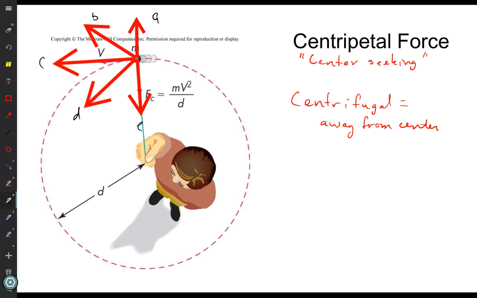So if you are actually going to stay on the truck, you're going to have something that pulls you in the direction that the truck turned. A force to make you turn. And so that is what the centripetal force is. It's the force that's toward the center that makes you turn.